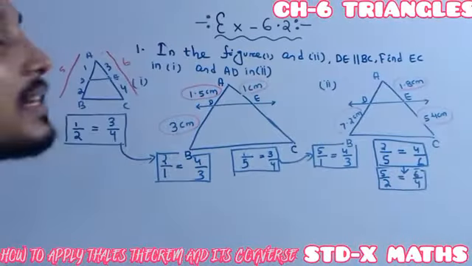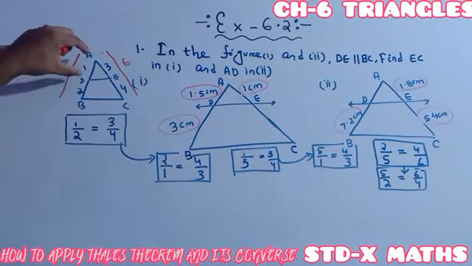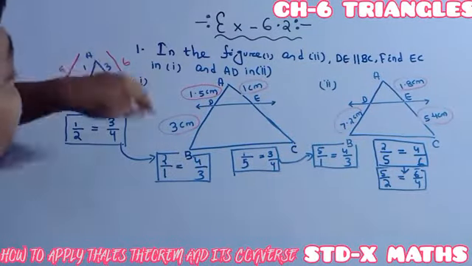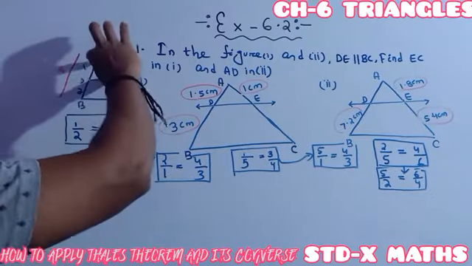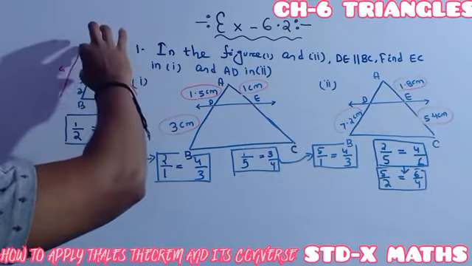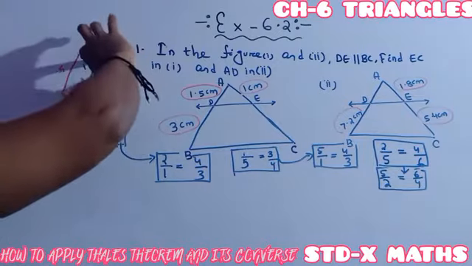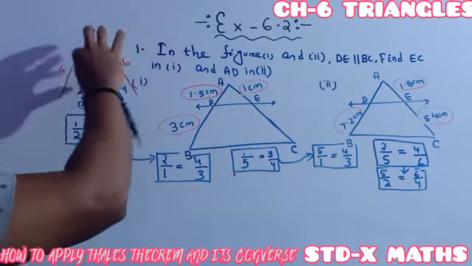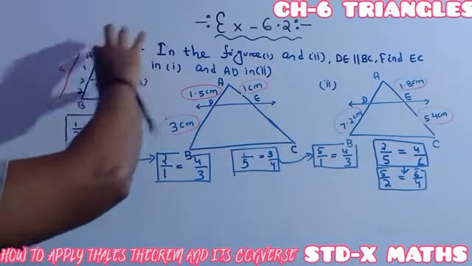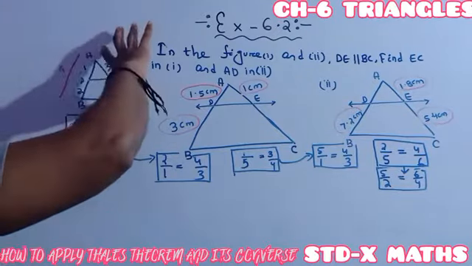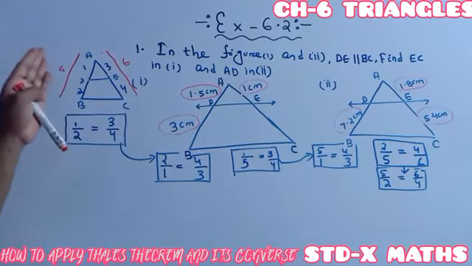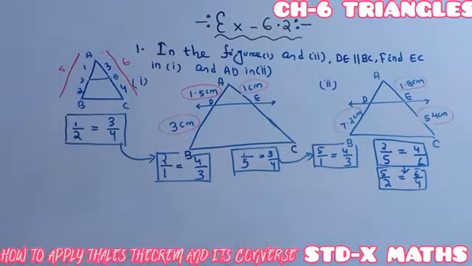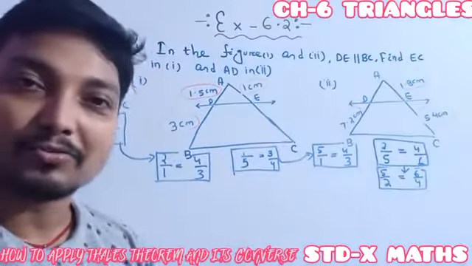Normally you just have to remember that if you take the little one on the left side, on the right side also the little one should be taken. Little to greater here is also little to greater, and greater to little is the same as greater to little. Whichever sides you take from the left side, accordingly you have to take the corresponding sides from the right side also. Perfectly understood or not understood?